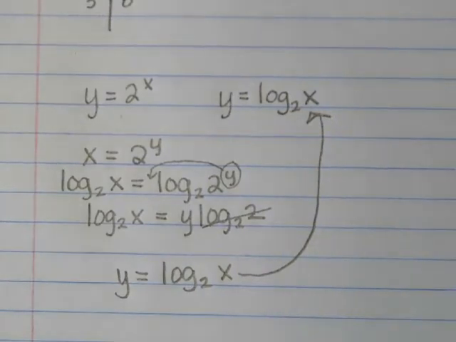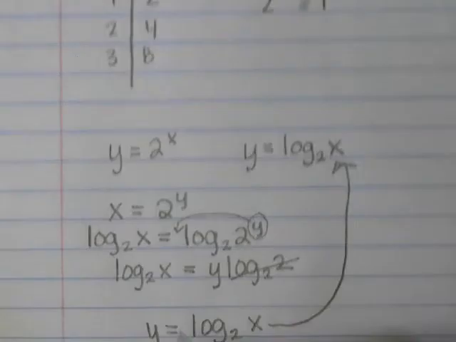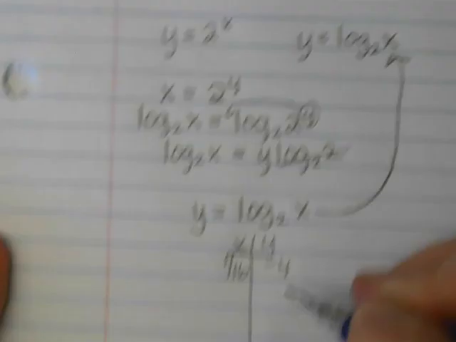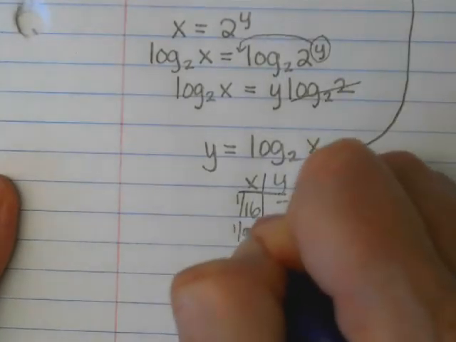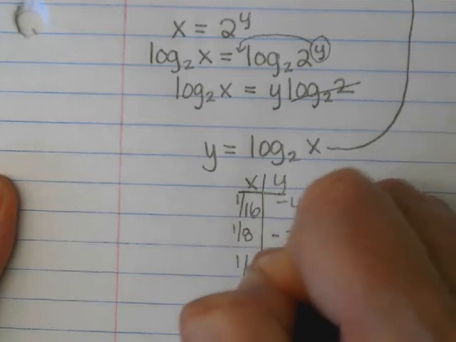Hopefully you remember that if things are inverses, we just switch the x and the y. And we can switch the domain and range as well. So if I'm looking at my t-chart here for an exponential function, for a logarithmic function, it's going to go 1/16, -4, 1/8, -3, 1/4,